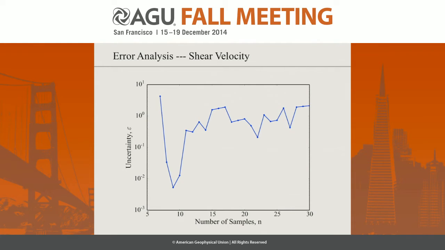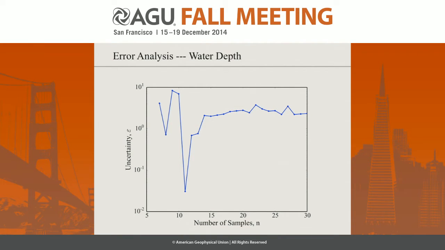So this relationship suggests that when we want to use field data to get the inversion result, we should first consider the best number of samples to use for this inversion model. We do the same thing for the water depths. We find the best number of samples is a little bit different from the previous one, which indicates the best number of samples used in the inversion model is based on the type of unknown parameter you want to invert, and also the forward model you employ in